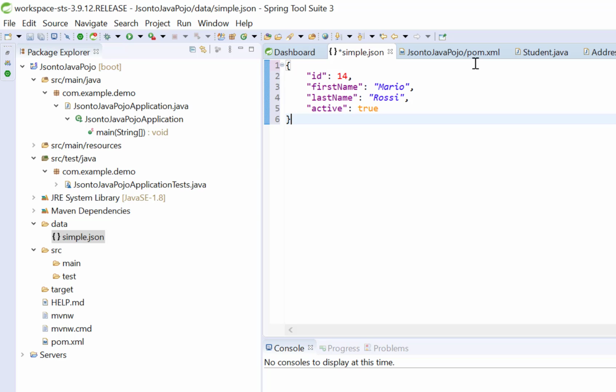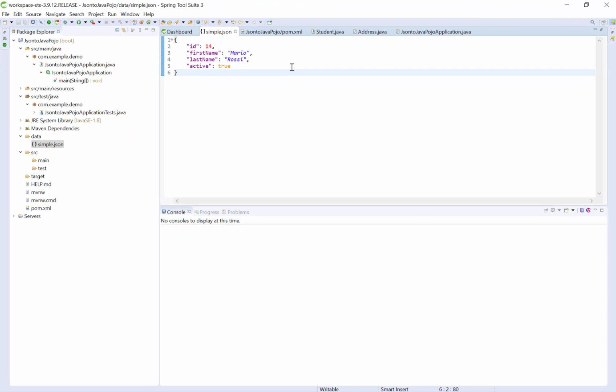Now I will convert this JSON object to a simple Java POJO. To convert this JSON object to a Java POJO, or a Java POJO to a JSON object, we need one Maven dependency. Let's visit the Maven repository to get that dependency.